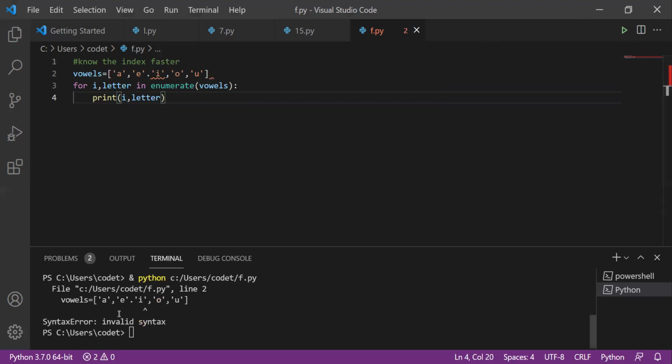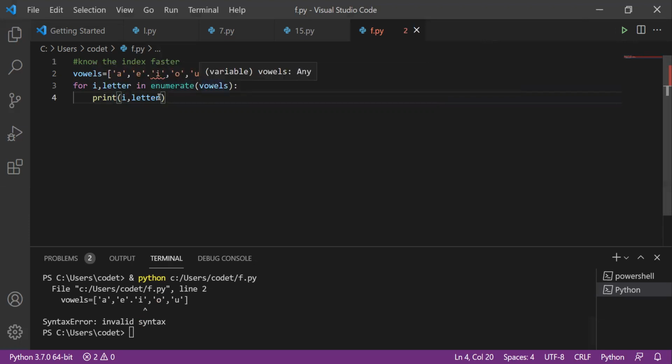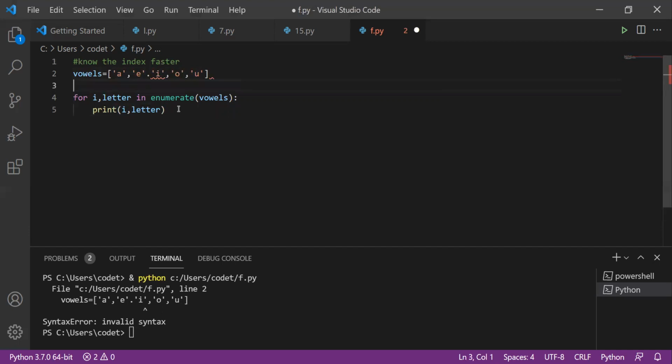Now we got the output like this, but we got a syntax error. Where is the mistake? Let's sort it out. For i, letter in enumerate of vowels, we should get the index position.